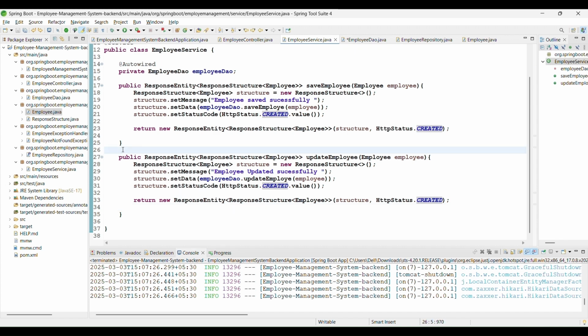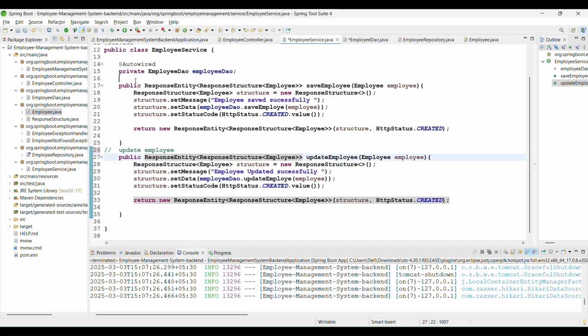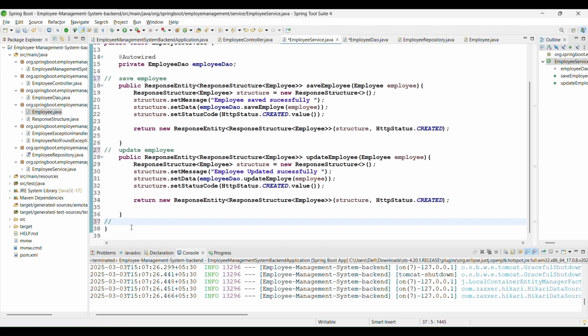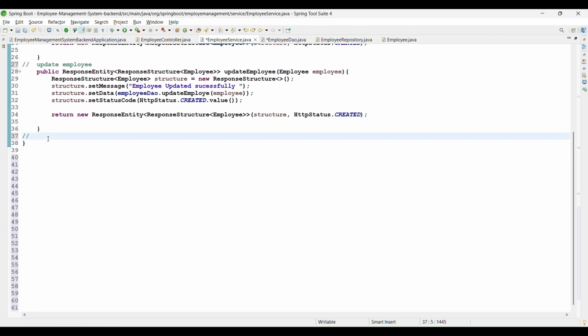So before you go, just comment out and write the update employee. Fine. This will be a save employee. Save employee. Yeah, Control M. Get all employee. Get all employee. Then write the